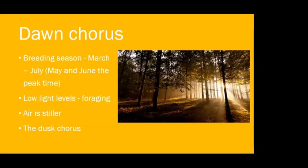But also the air is a bit stiller around dawn, and that means the song travels further, so it might expand the territory or attract a mate from further away. But also there's a dusk chorus, which is probably less impressive than the dawn chorus, as fewer birds get involved. Through doing this research, I found out there was a dusk chorus, and I didn't know either. And then just going back to the light levels,